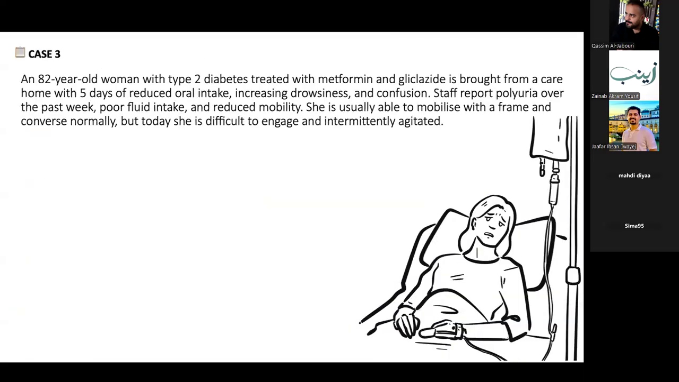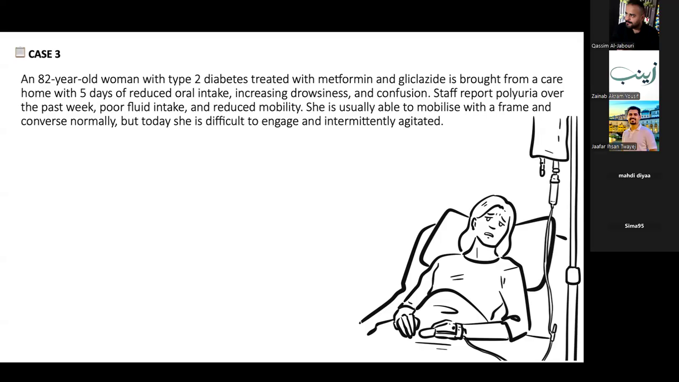Good. The third case is an 82-year-old woman with type 2 diabetes treated with metformin and gliclazide, brought from a care home with a 5-day history of reduced oral intake and increased drowsiness and confusion. Staff reported polyuria over the past week, poor fluid intake, and reduced mobility. She is usually able to mobilize with a frame and converse normally, but today she is difficult to engage and